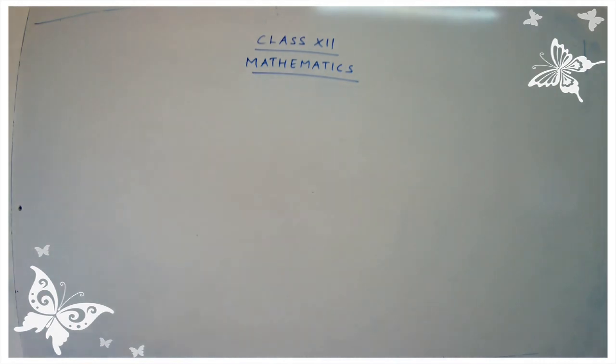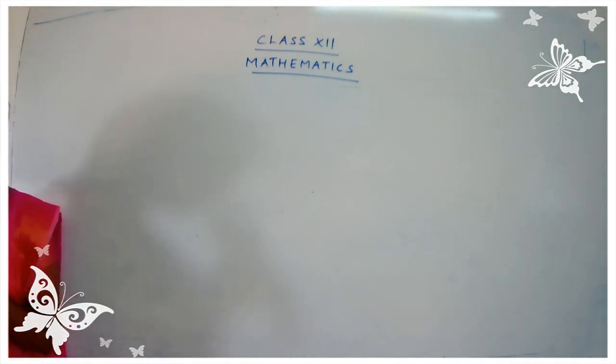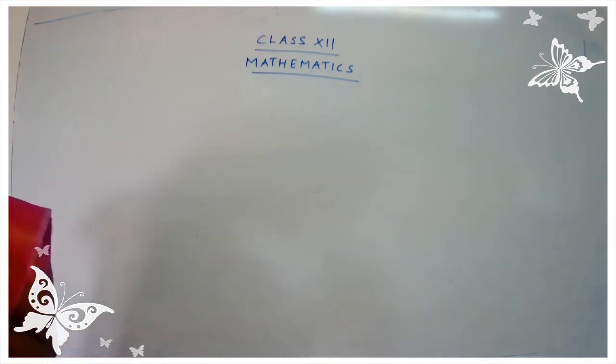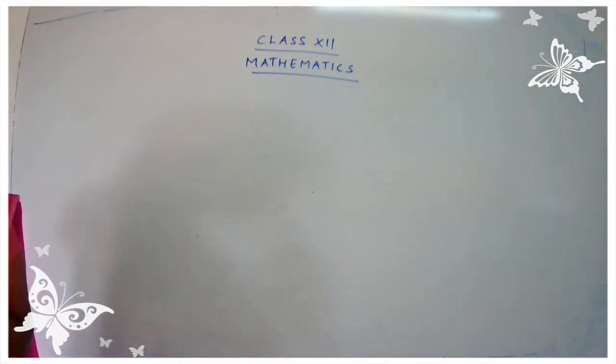Today we are going to continue with exercise 2.8, and we have completed 4 sums in the previous class. So today we are going to continue with the 5th sum. Take down your classwork, write down today's date, just continue, no need to take a new page. Write down sum number 5: solve the equation z cube plus 27 is equal to 0.